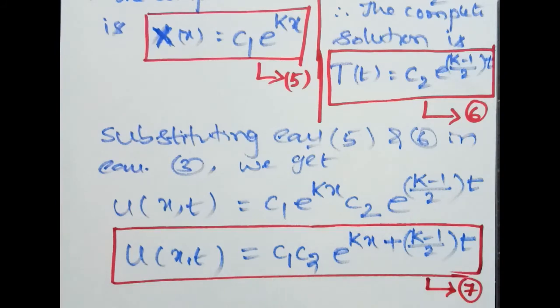Now here one more condition is given in equation number 2. By using that condition, we will find the values of arbitrary constants c1, c2 and k. The product of c1 and c2 gives one constant, so we may assume that this is a single constant and k is another constant. So c1 c2 product is one arbitrary constant and k is another arbitrary constant. By using the condition in equation number 2, we will find these values.